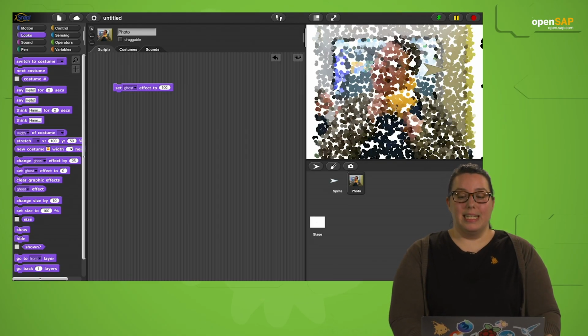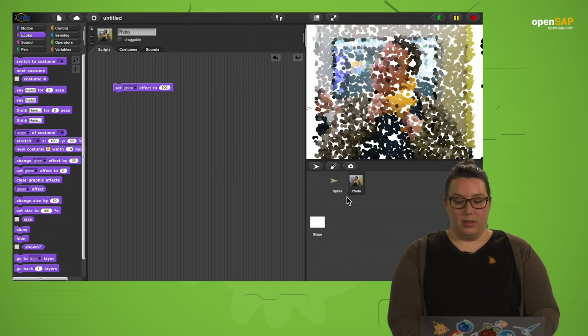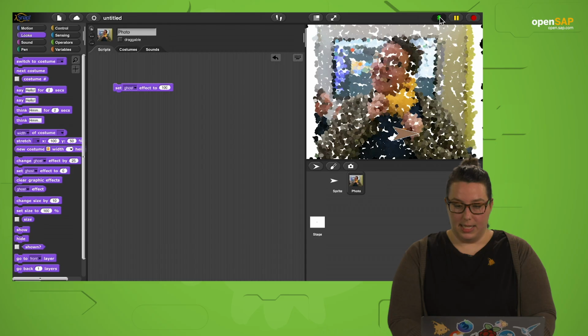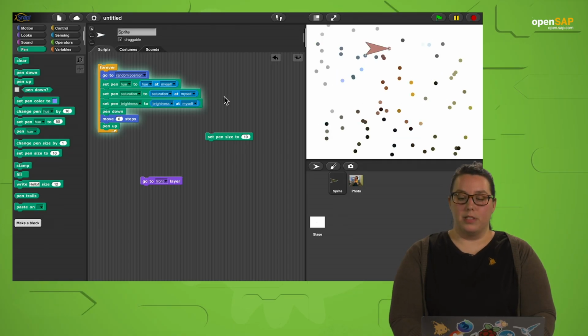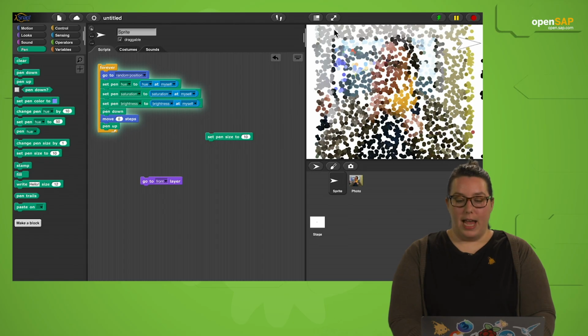What you can also see is that my green flag does not look like the green flag anymore. That's because I turned on the turbo mode. If you try the project, it's pretty slow at the beginning. So I can show that again. I will just clear the stage and you see that it's kind of slow, and I can turn on the turbo mode to make it run faster. As you can see now, it's recreating the image that I had as a photo with pixels that are pen